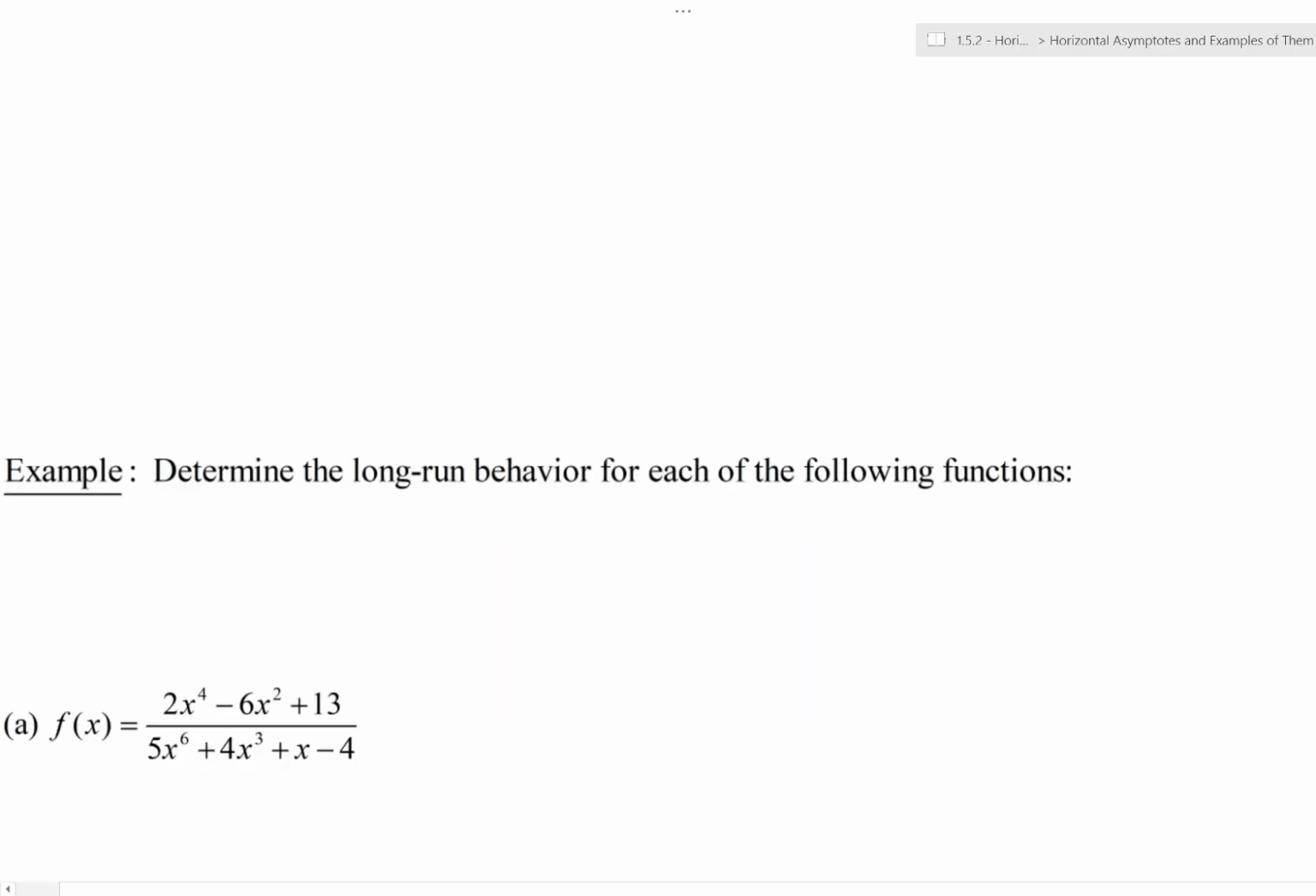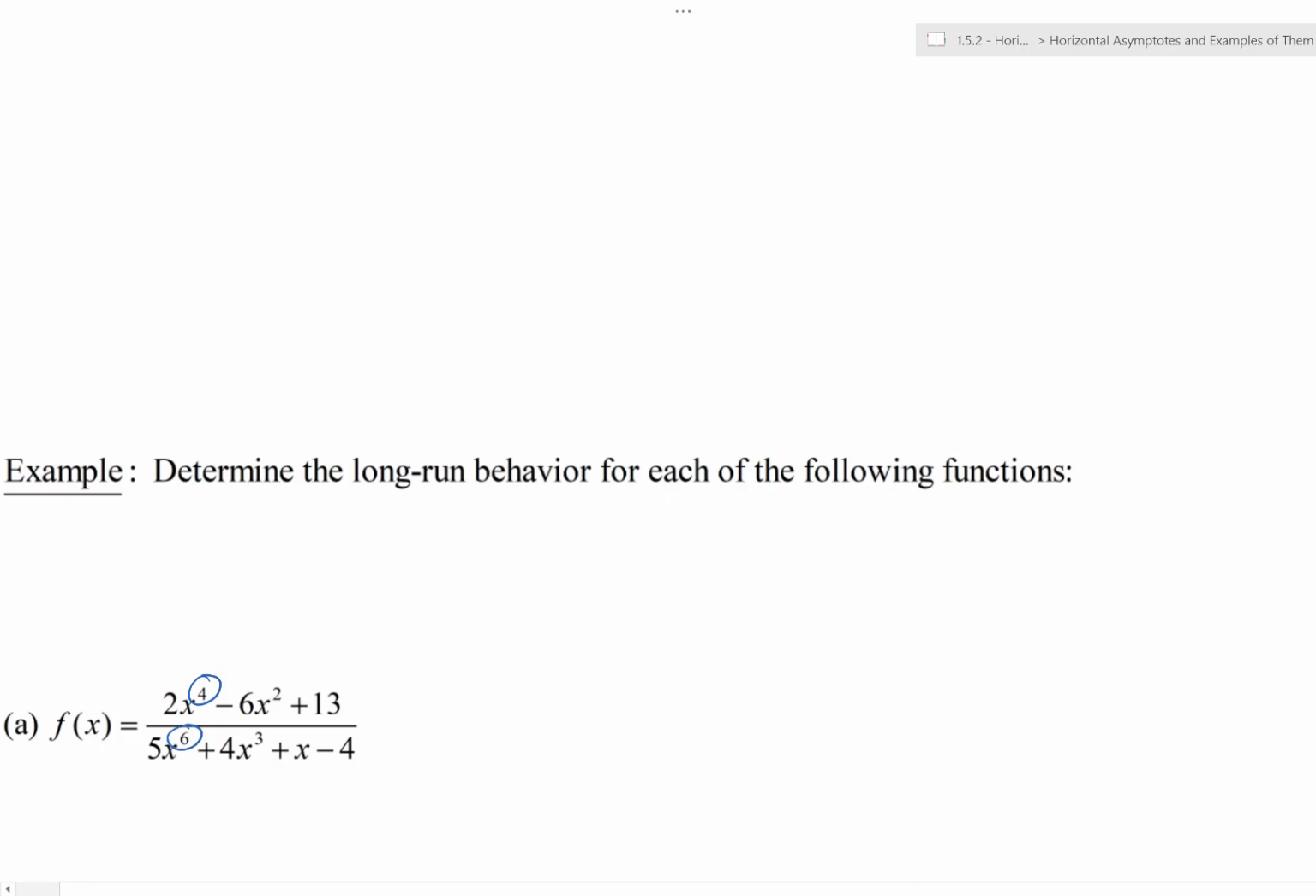F of x is this rational function, 2x to the fourth minus 6x squared plus 13 divided by 5x to the sixth plus 4x cubed plus x minus 4. Now that's a rational function. And perhaps you remember some ideas back when you studied rational functions. Of course, they are ratios of polynomials, and each polynomial in the numerator and denominator have a particular degree associated with them. In this case, the degree in the numerator here is 4, and the degree in the denominator is